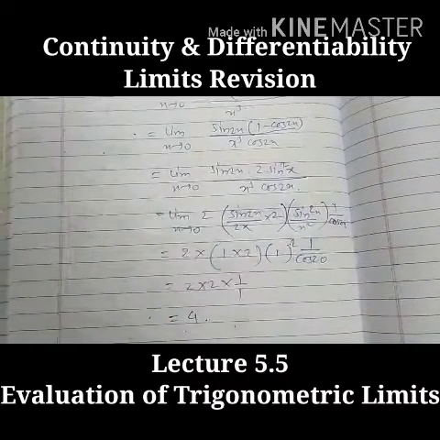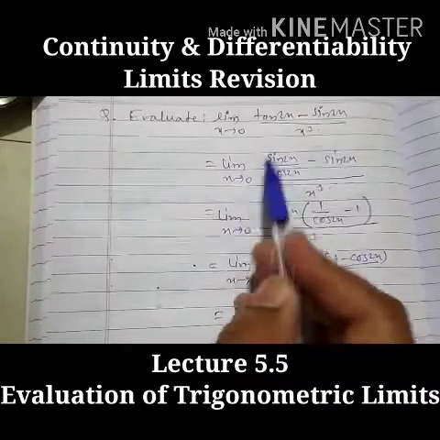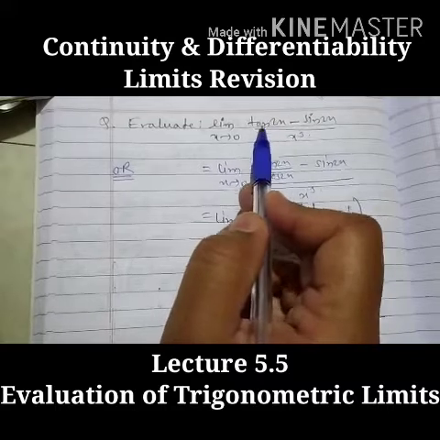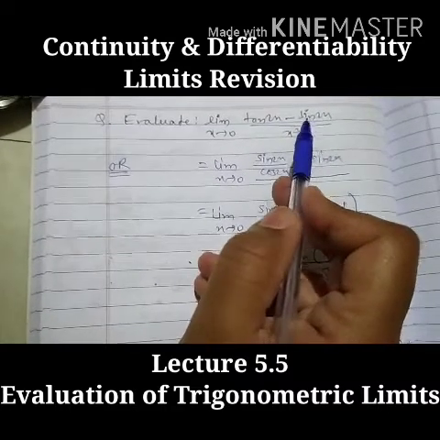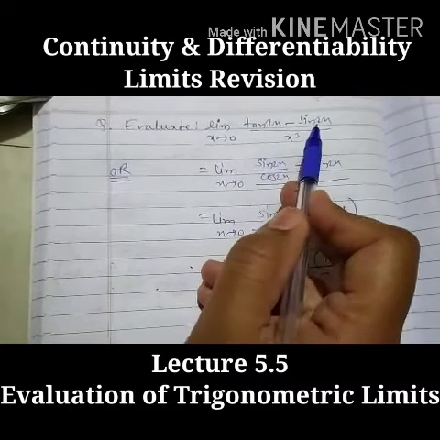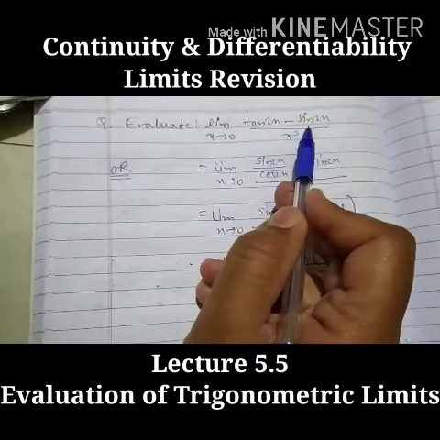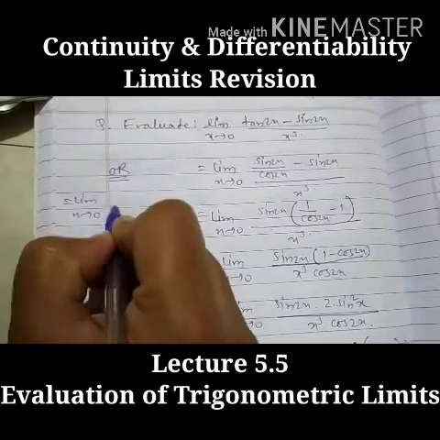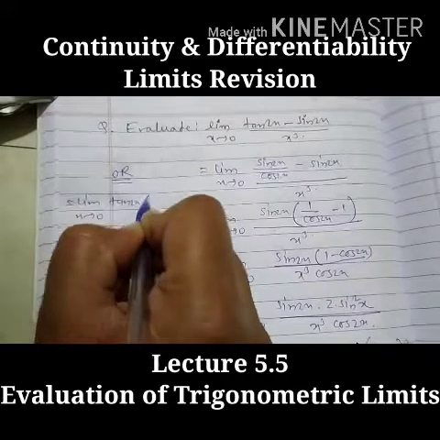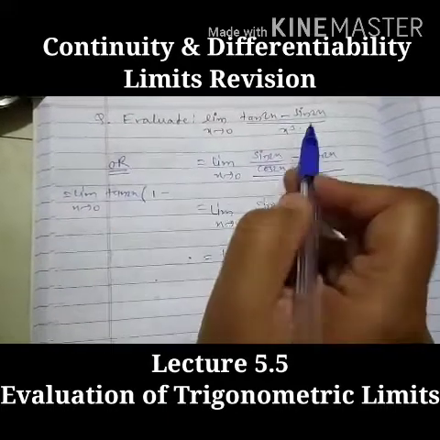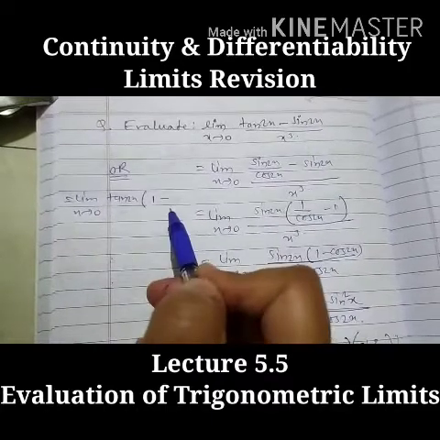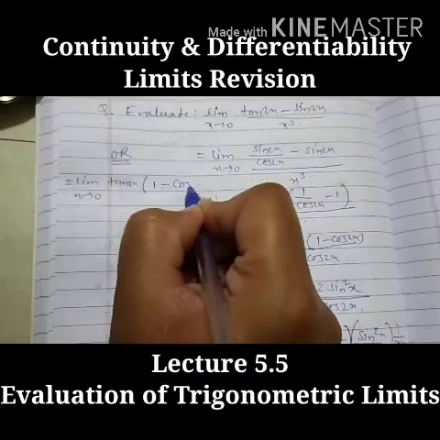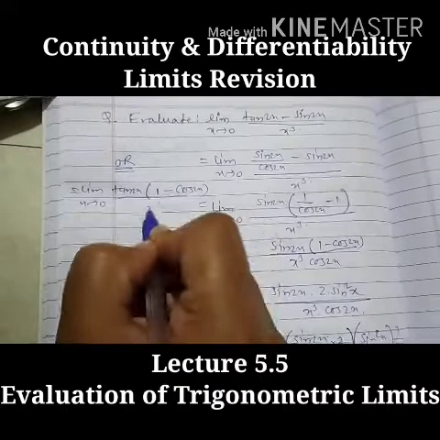Understood? Now students, the same example we can solve by one more method. Now here tan 2x is sine 2x upon cos 2x, and here sine 2x is there. So from both the terms can we take out tan 2x? See, if we write limit as x tends to 0, if we take out tan 2x, then in the bracket it will be 1 minus sine upon cos. We have taken tan, so 1 cos is extra in the denominator, so we'll write it in the numerator, it will be cos 2x, upon x cube.